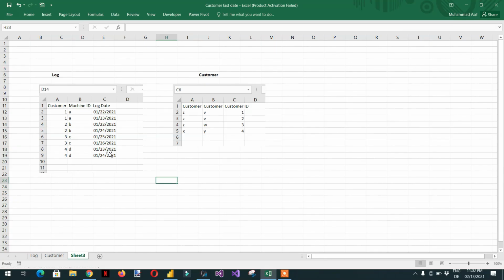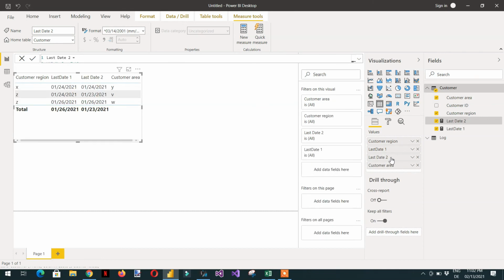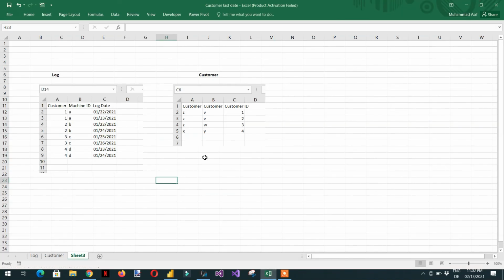In the same way, if I add one more, for example customer area, here you can see for the X, the customer area is Y. And what is the filter context?